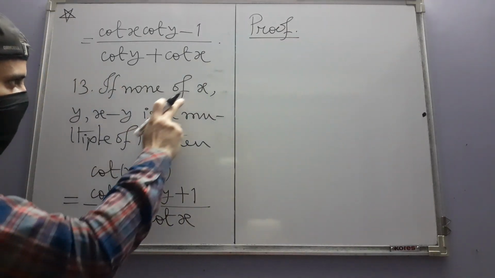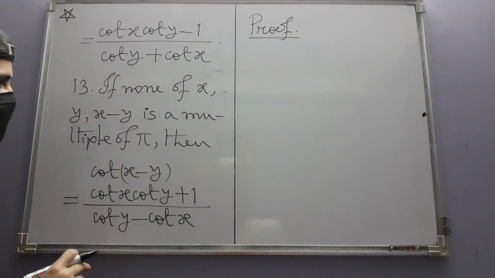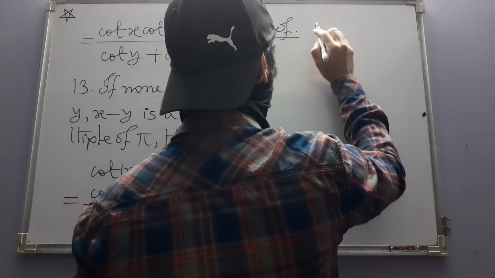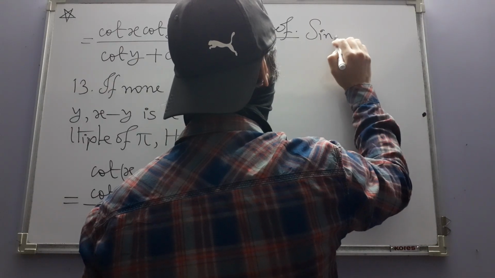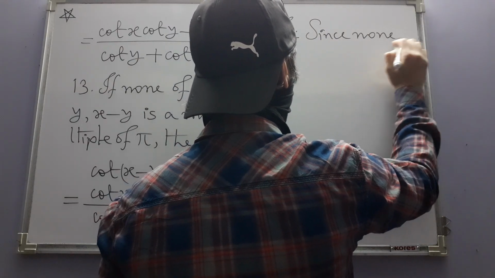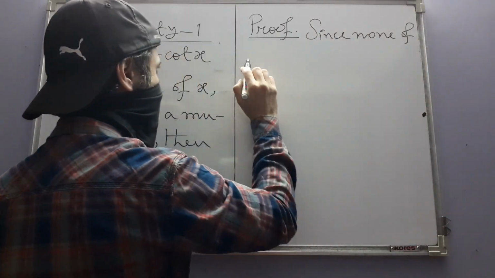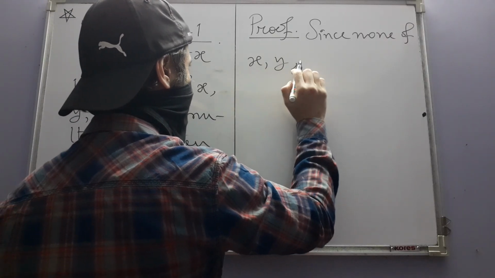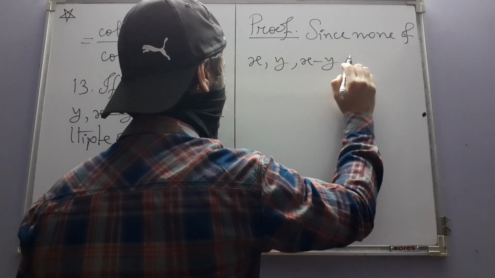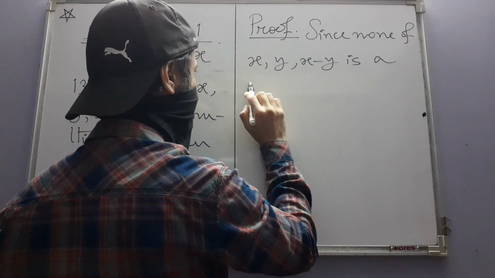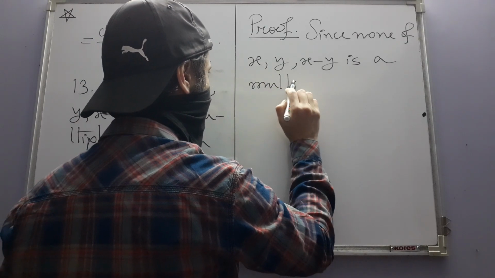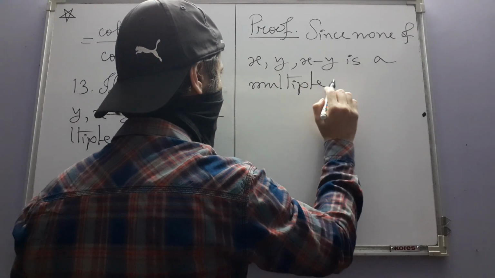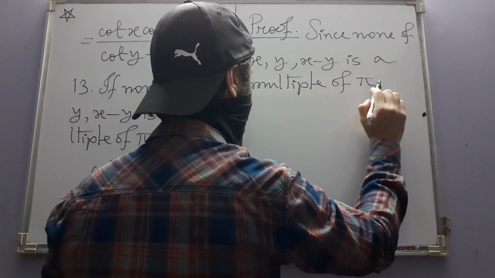What are we given? x, y and x minus y, none of them is an integer multiple of pi. Since none of x, y is a multiple of pi,